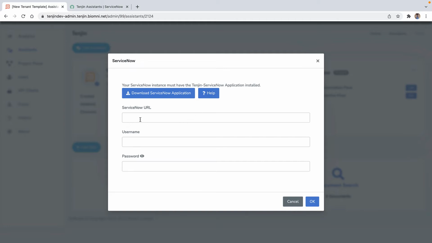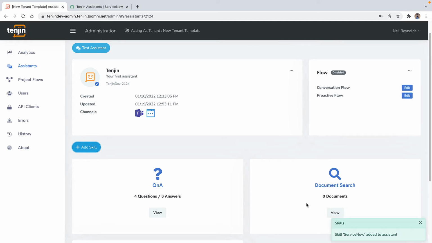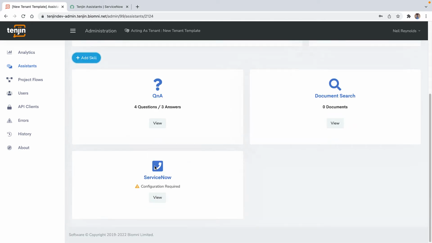So let's put in our credentials here. So I know, for example, that our ServiceNow URL is this one, and we have a username, and now I can hit OK, and what happens now is that the Tenjin virtual assistant sends a message to ServiceNow and says, hello, this is a new assistant, and I'm ready for configuration, so please create a record over in ServiceNow. And if I just scroll down, we'll see that the ServiceNow skill has been added here,